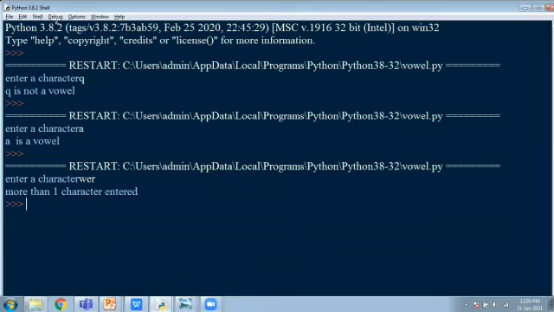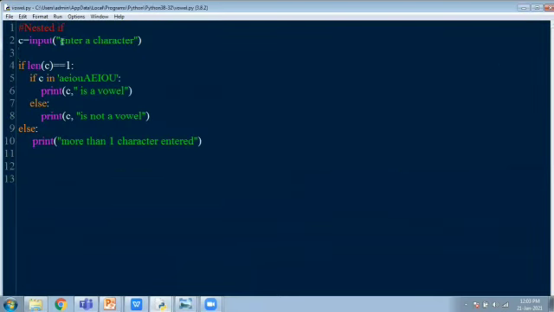First we entered a Q, right? So with this program I'll tell you. Now in this input statement we entered a Q. So C will be assigned as Q. So what is length of C? So only one character entered. So length of C is 1. So if C, what is C? That Q is present in this list. Is Q present in this list? No. So it goes to the else part and prints Q is not a vowel.